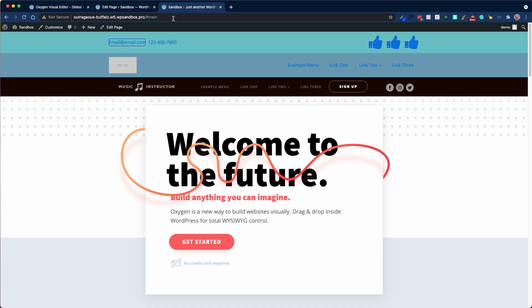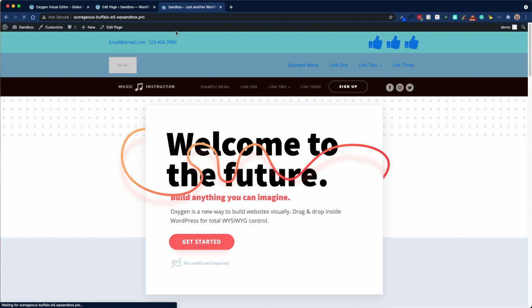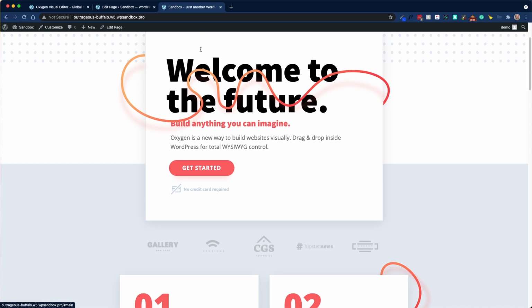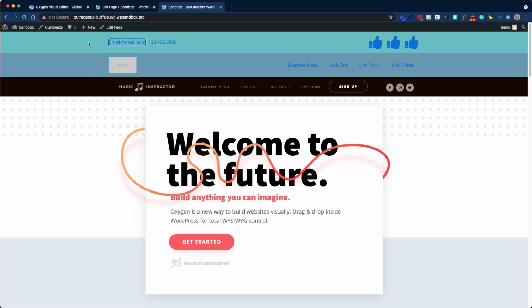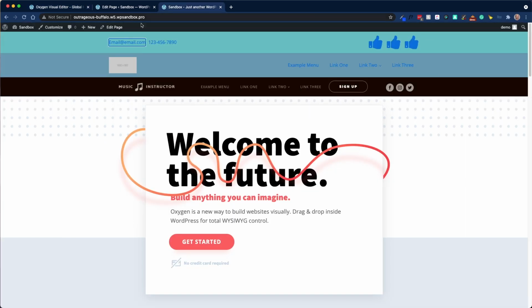So again, I'll do that again for you. I'm going to take out our main here, click enter. From the top of the page, if I hit tab, you can see our skip to content button comes in. If I hit enter, you can see it looks like it takes us to our main content, but as soon as I tab again, it just takes me back to the next link on the page, not inside the actual main. So as soon as I come up and uncheck this and click save again,